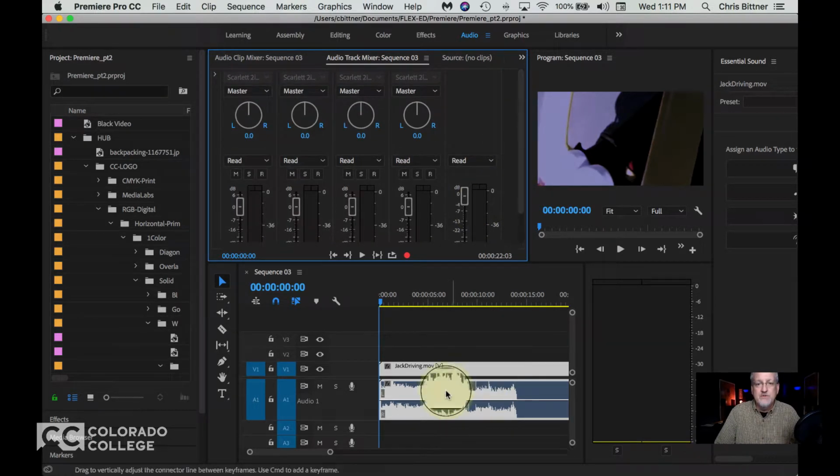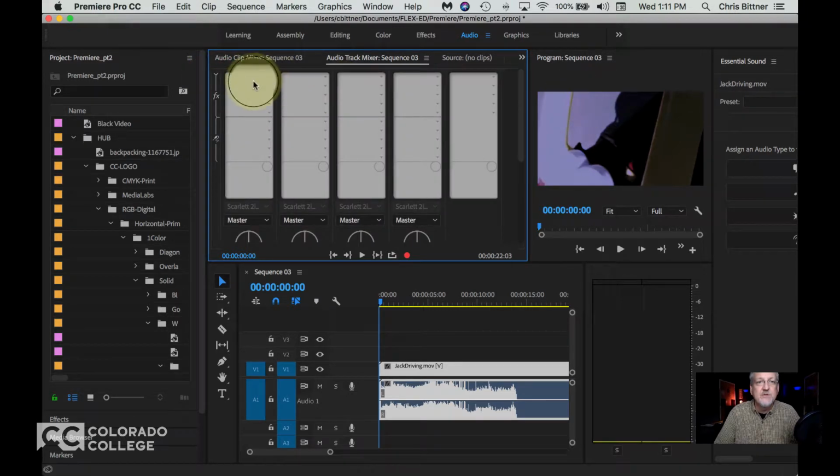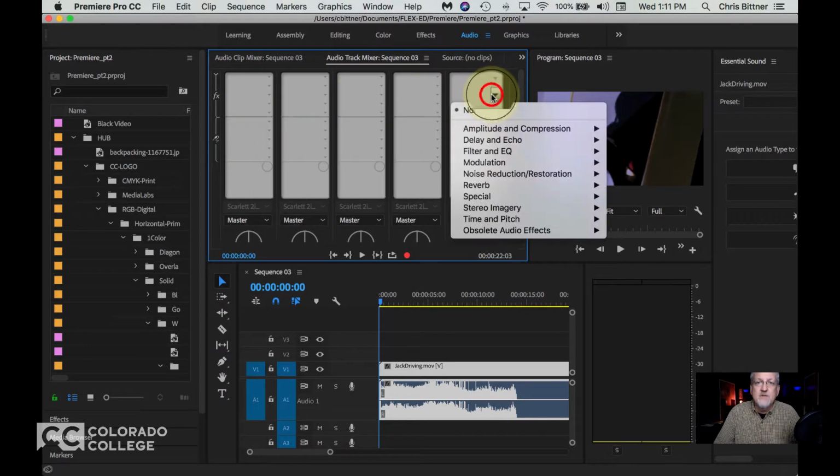So what we want to do to limit this to minus 12 is, if this is not already open, you want to click on this little tiny arrow over here, the Show Hide Effects and Sends, and you'll see that twirls down. And you have a rack here basically where you can stick effects on any channel. Right here, I'm going to click on any of the arrows in the master channel,